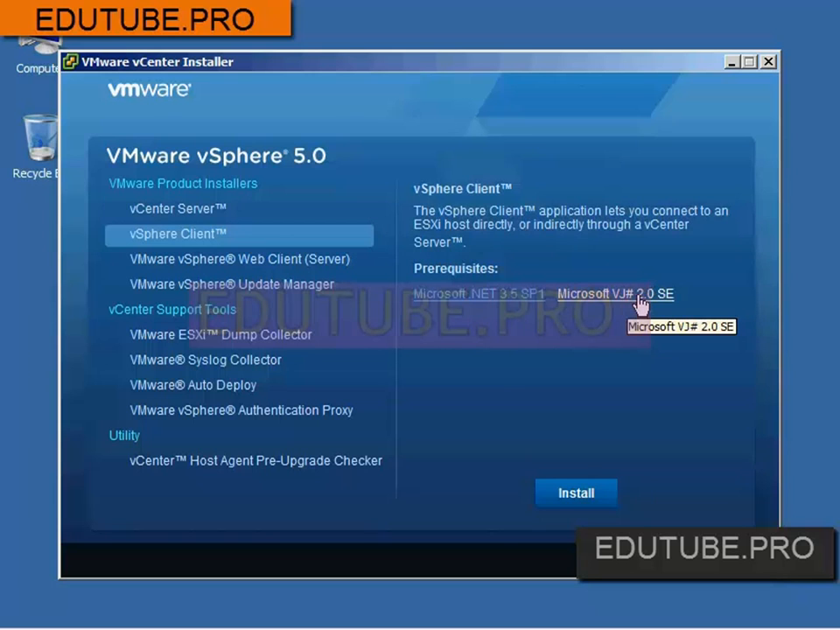Now, you can actually, from the same installer, install that vSphere client here. And you'll notice that the client includes the prerequisite, again, of the .NET 3.5 SP1 and Microsoft Visual J#